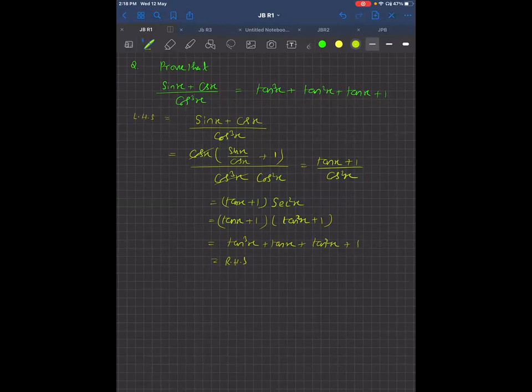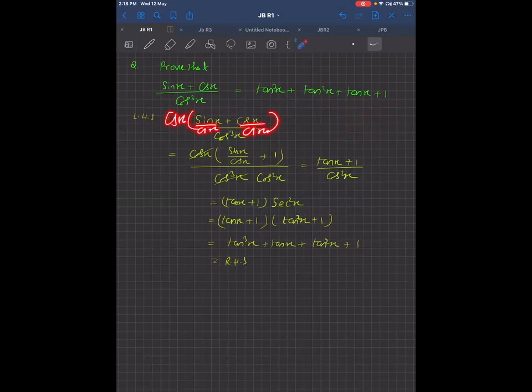After this common answer, please, Rahul, wait. Because I'm not getting sin x plus cos x by cos cube x, what I want in terms of tan. I know that tan is sin x by cos x. So to convert sin x in terms of cos x, what I want in the denominator is cos x. So I have taken common cos x. In this one, I took common cos x, then we need to divide by cos x.